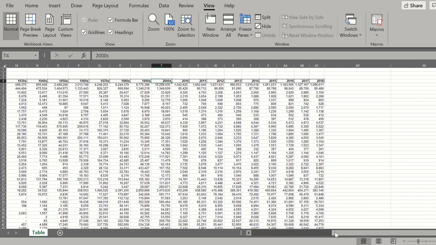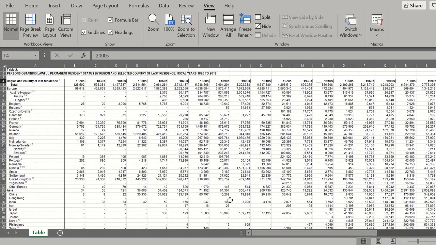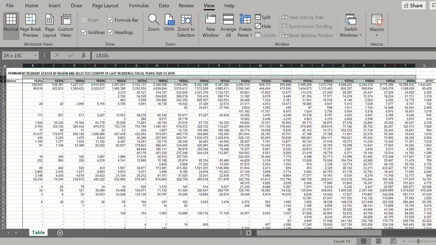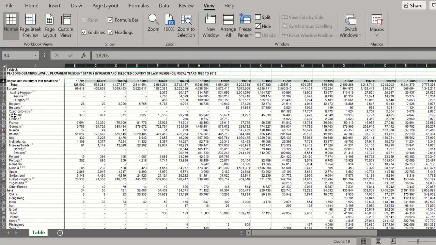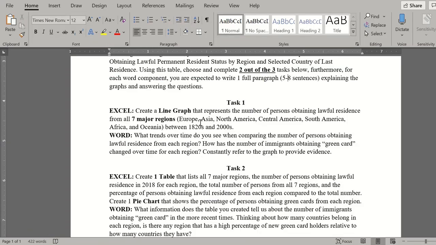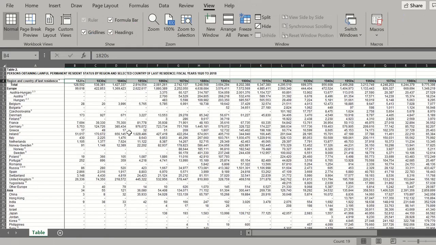So what I want you to graph is between 1820s all the way up to 2000s, right? But I want you to graph it for every major region, right? And by the major regions, I mean Europe, Asia, North America, Central America, South America, Africa, and Oceania, right? So my recommendation for this task, if you choose task 1, right, is open up a new